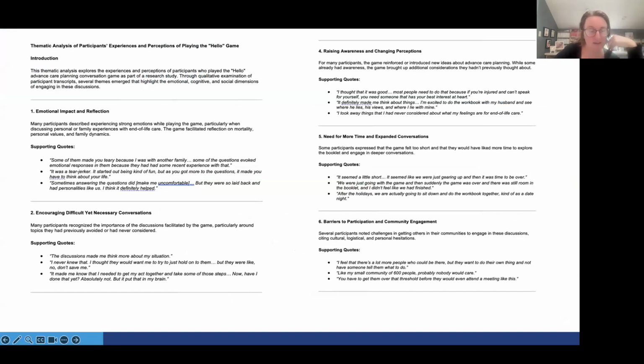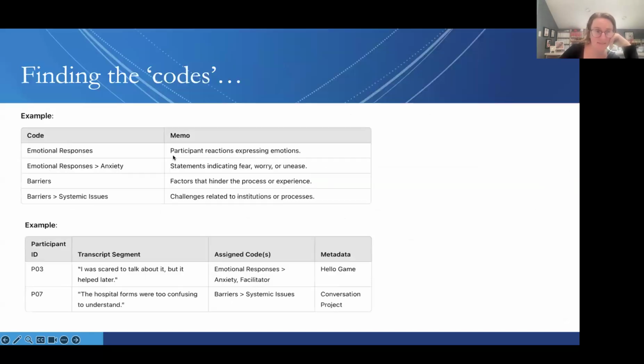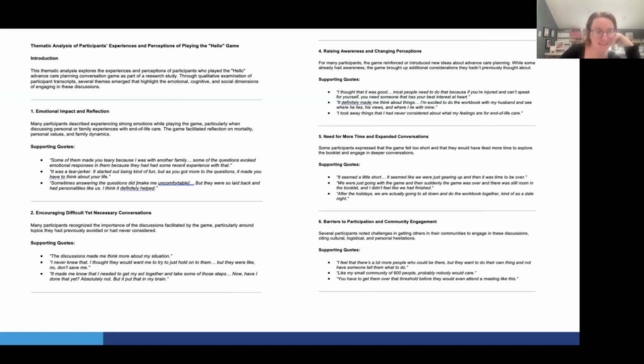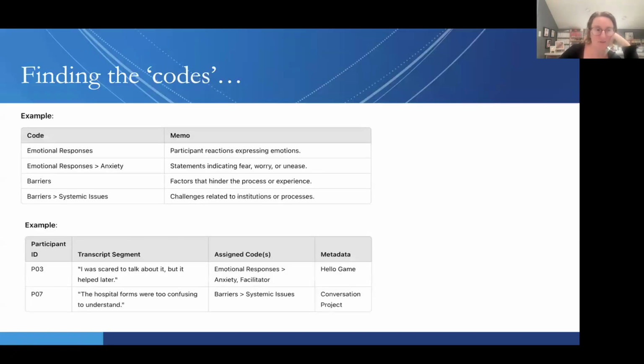I'm not going to read this to you, but this was the output. And it was pretty good. It gave me the theme. It gave me some description. It gave me some quotes that when you read them, relate to the theme. Looks really nice. So I thought, okay, this is good. But then I was like, I want to check it. How can I audit this? How can I go back and make sure that the context is right? I want to see what it did. I want to look underneath. And that is the inherent problem in GPT right now. So when I asked it, okay, give me codes, give me the definitions of the codes, give me where you found it, et cetera, et cetera.